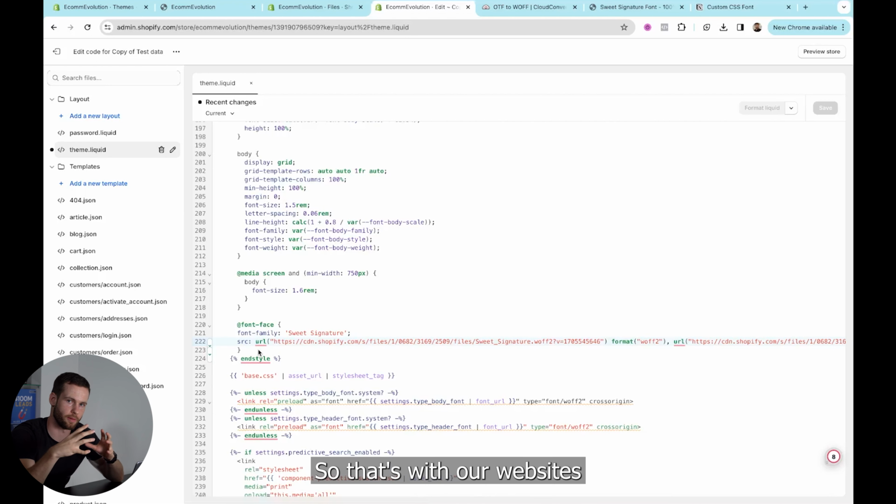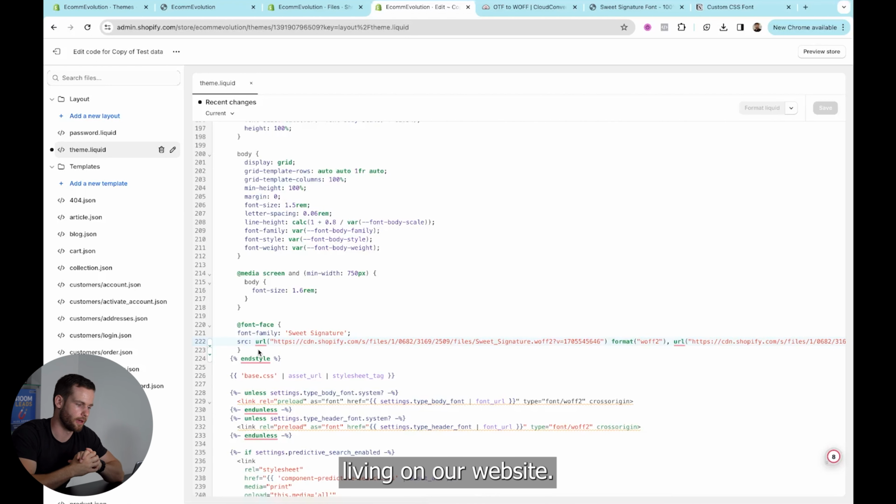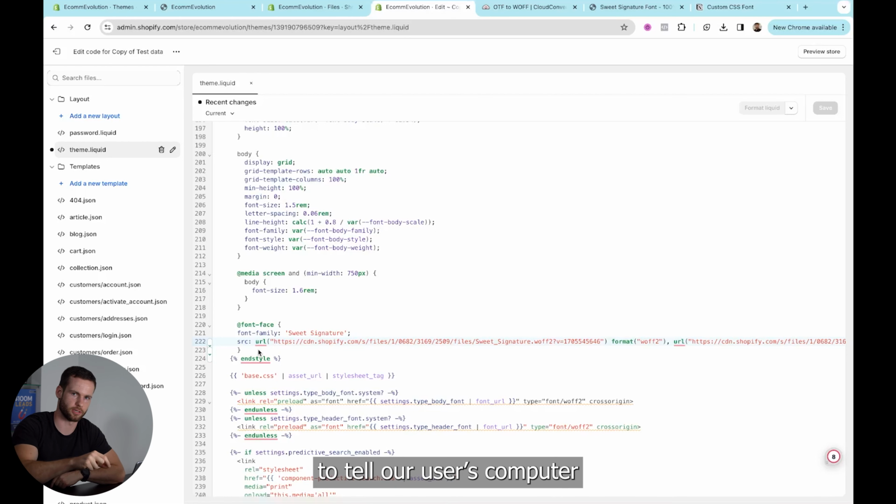So that's with our website, it's living on our website. Then we've used the font face rule, this @font-face. The code is in the link in the description. We've used the @font-face rule to tell our user's computer to download the font that we uploaded to